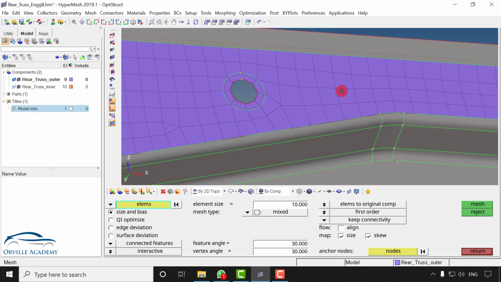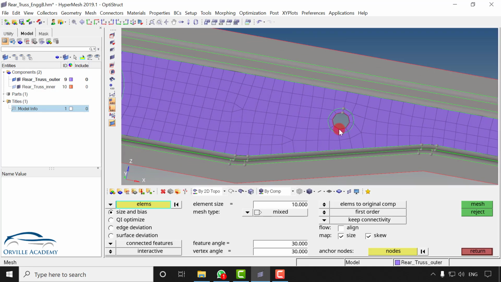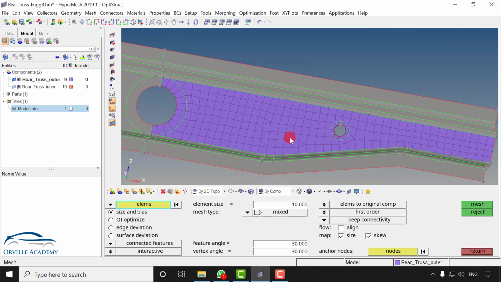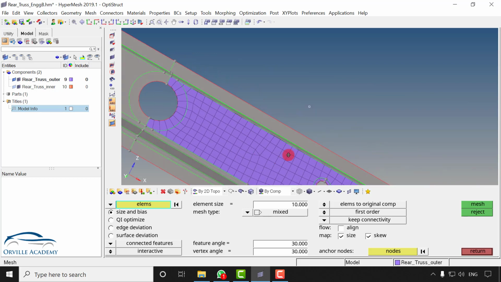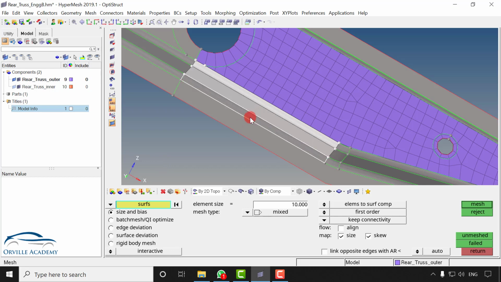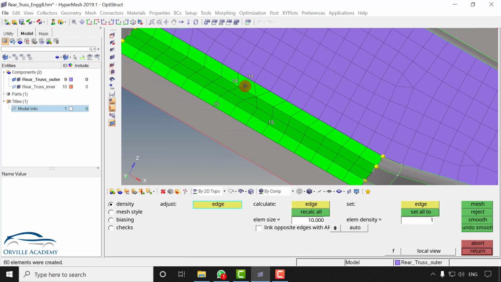In similar fashion, I will have to check whether there are any triangular elements present or not. Here we have to maintain the symmetry. As I previously told you, same feature, same mesh. I will keep these two triangular elements as they are, because if I try to move them, my mesh will become very fine, which I don't want. Now let me mesh this simpler part and we will be done with this portion. Here also I am going to put only one element.